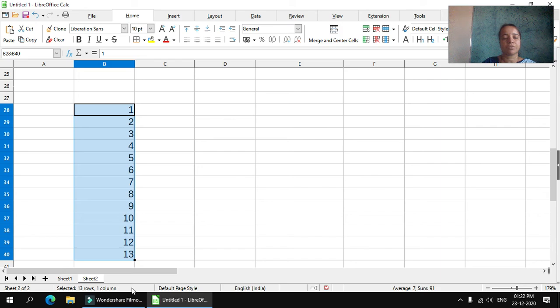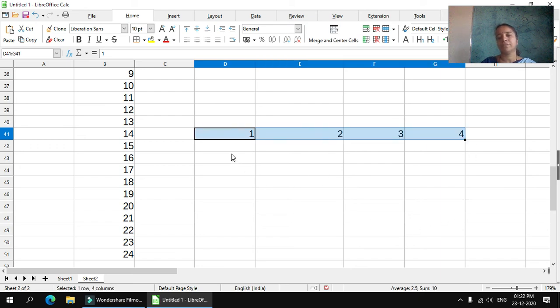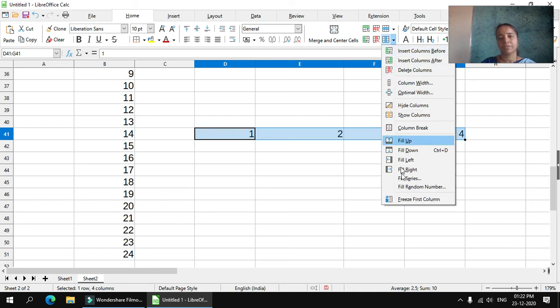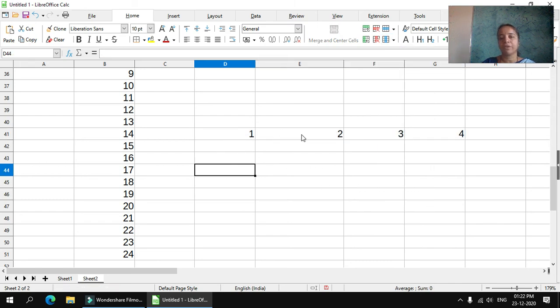It is not necessary to type in each cell. You can drag it to the right side and it will be filled. So this is the fill. The autofill option is also available here. You see fill down, fill right, fill series. So the option is available, or manually you can use the mouse.